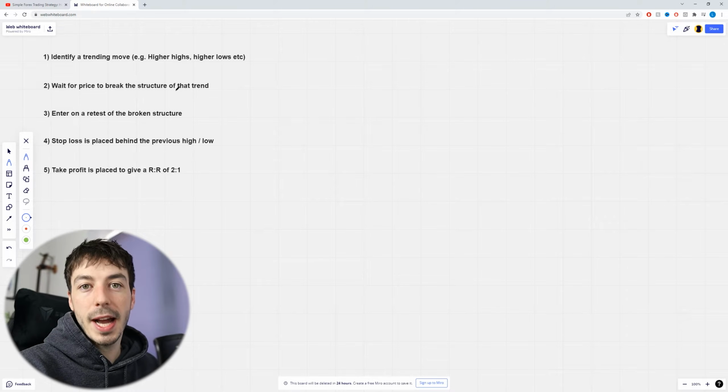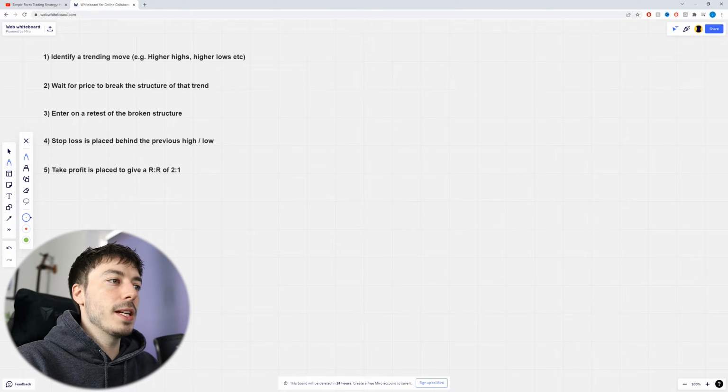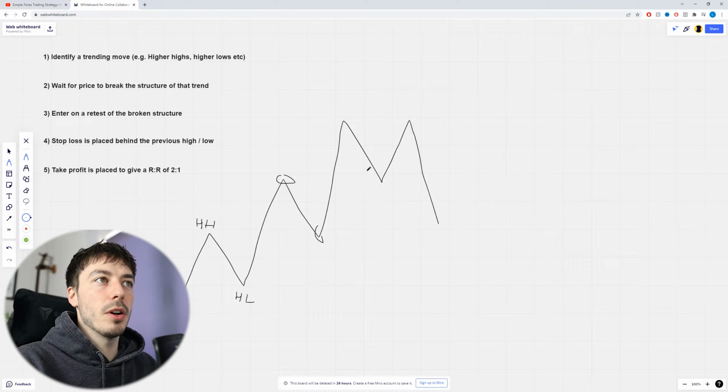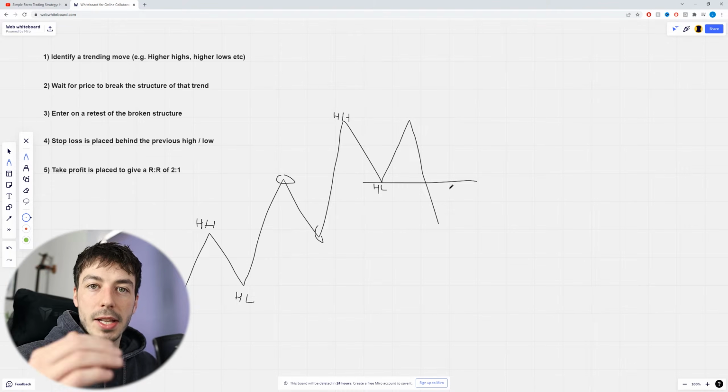So he's doing this through the higher highs, higher lows, lower lows, lower highs sort of thing. So if he sees a move like this, where price is moving up, making higher highs, higher lows, higher highs, higher lows, so on and so on at these points as it moves up. Essentially what he's looking for it to do is to break this structure. So here we've got a higher high, here we've got a higher low. Price doesn't break this higher high, and then obviously it breaks this low point here, and so the price structure